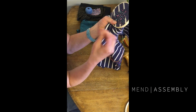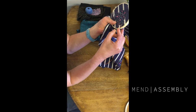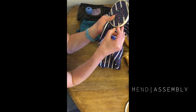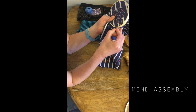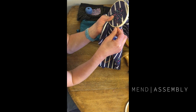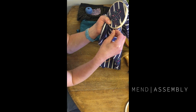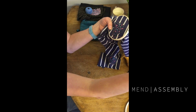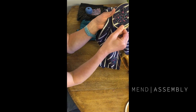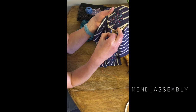When you get into doing more intricate designs in sashiko, the idea is that you cross the threads, but that you try not to meet them. So if you can see here, I'm doing my stitch in and out in between. Those are the lines of stitching, but they're not actually meeting. Now, this won't happen for all of the threads,